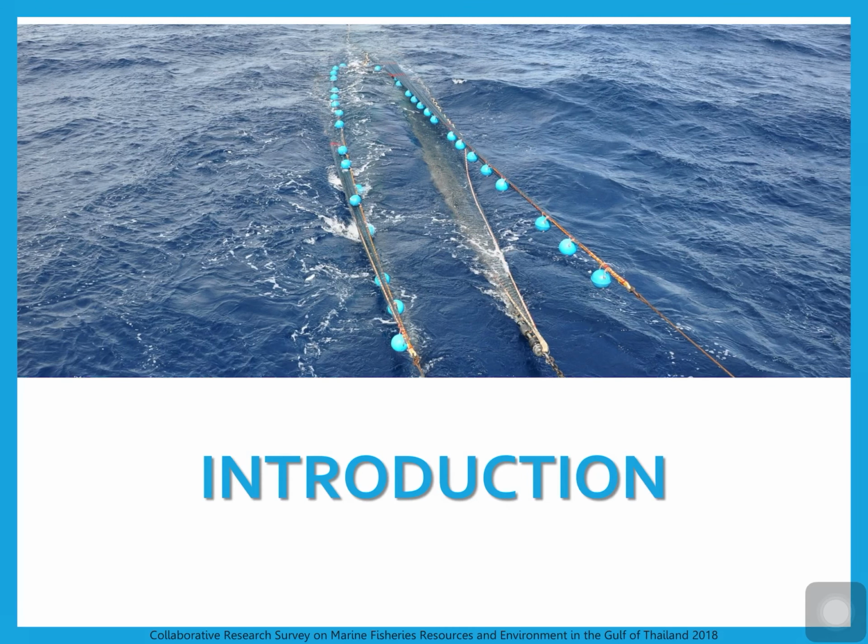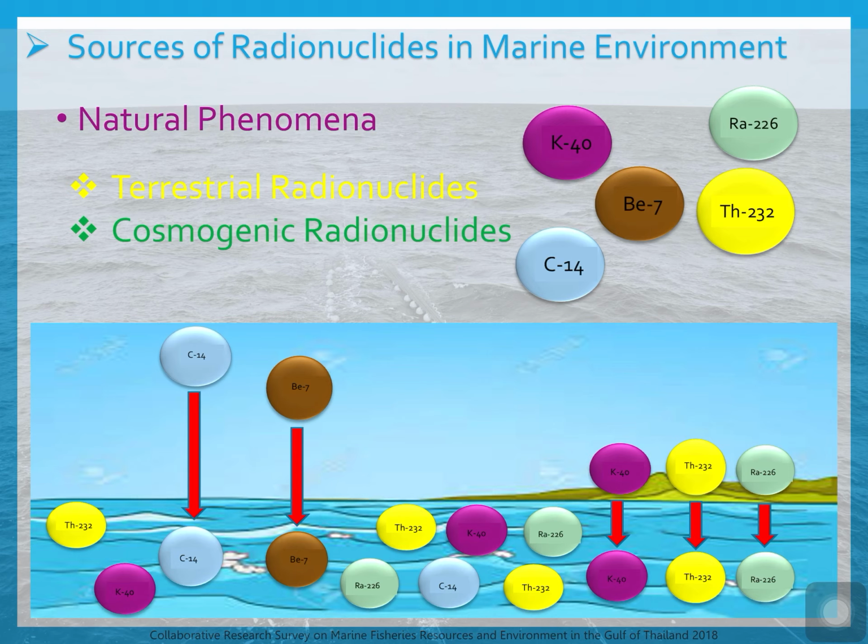Here is the introduction part. In fact, there are three main important sources of the radionuclides in the marine environment. Firstly, some of them are produced naturally. We can categorize them into two different sources. Firstly, we call them the terrestrial radionuclides, which are the radionuclides that were produced at the same time when the